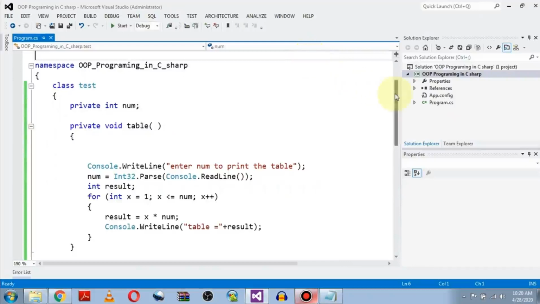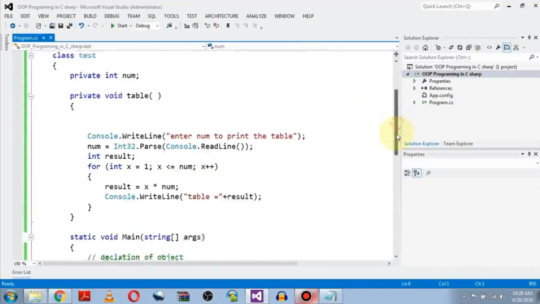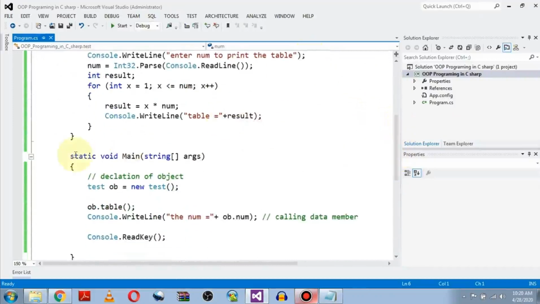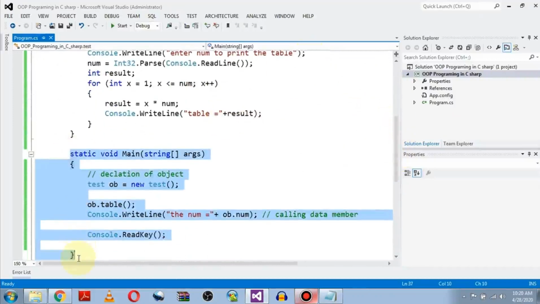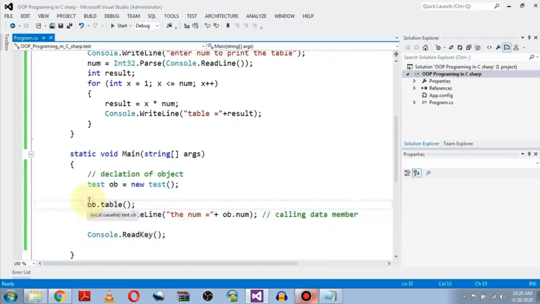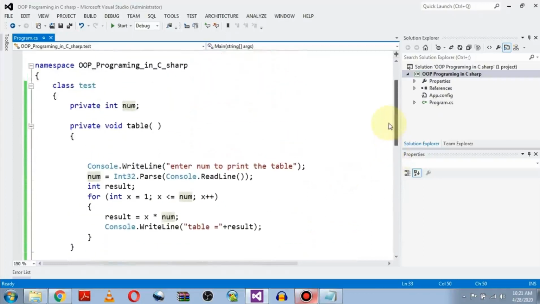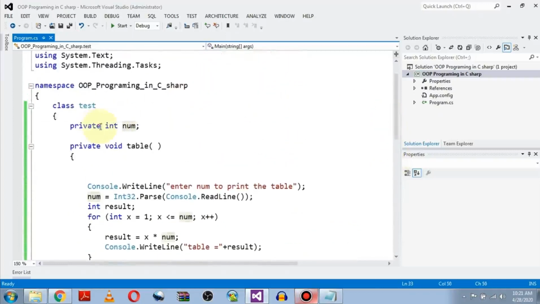Because if you see, we have the main function within the class body. So actually we are calling the member function and data member within the class. That's why there is no change in the output. The basic definition of the private member is the same: a private member cannot be used outside of the class.